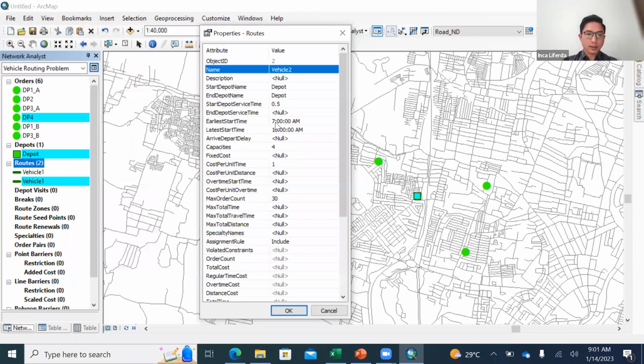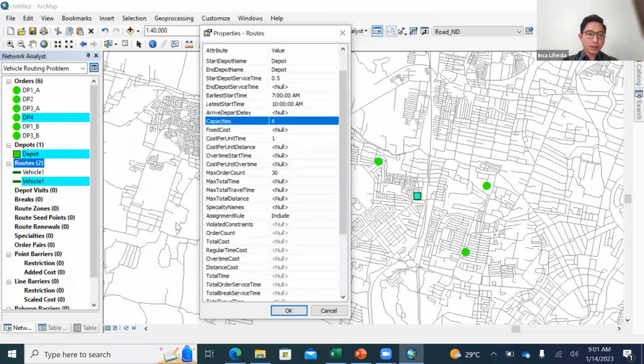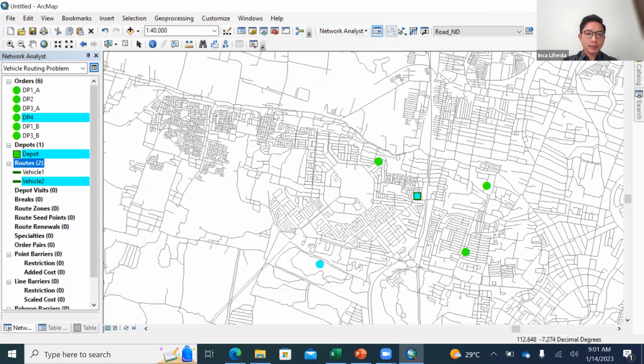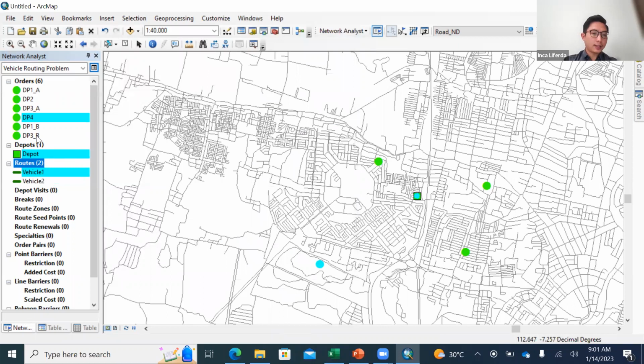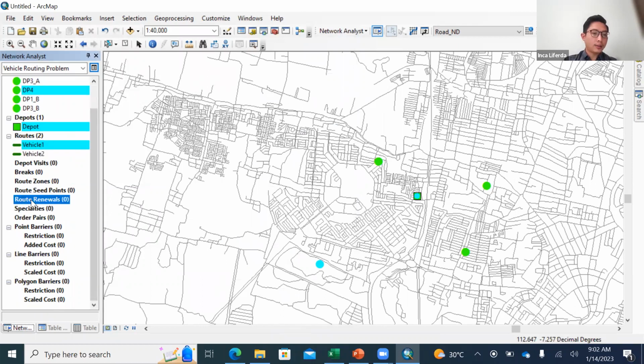So here we will just need to specify it based on the menu provided in GIS, so it's going to be easier for us. And then this one is the routes and the route renewals. If we would like to specify multiple trips for each vehicle, we need to specify the route renewals by right clicking here and then adding an item,